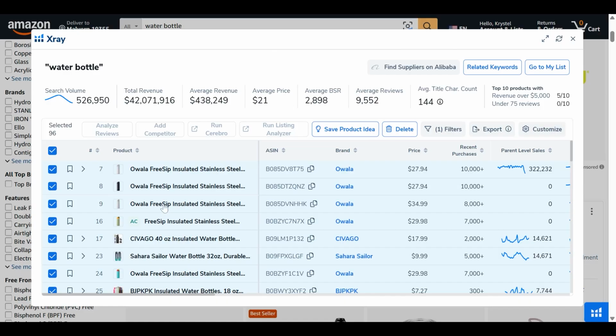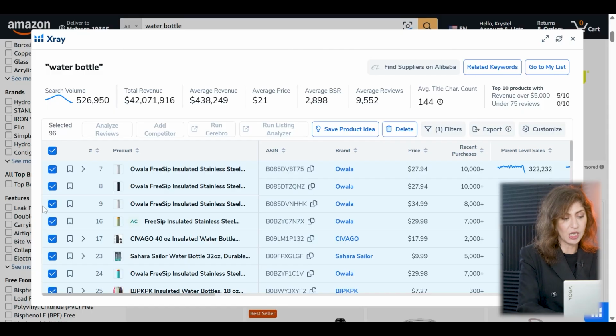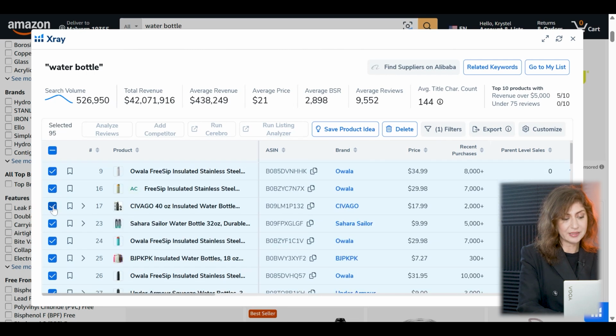Now, I would suggest that you don't select, for example, if you see here, the top 3 are from the same brand, probably even the same product. I would suggest that you don't select 3 products from the same brand, because it's going to be very similar information that we find. So I'm just going to deselect one of them, and let's just deselect up to 10